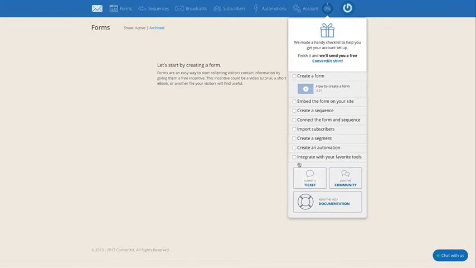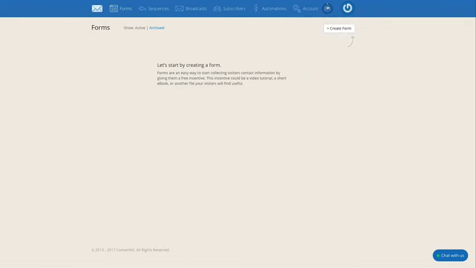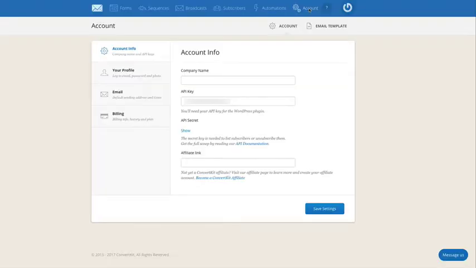I'm going to skip past that for the moment just so that we can show you some of the software and what it does. So the first thing you need to do is go into your account and set that up. In here, you will fill out your company name, as you can see. You've also got your API key here, and you will need this when we integrate it with WordPress in a moment. It's a clever bit of code, which basically means that the website can talk to the software,